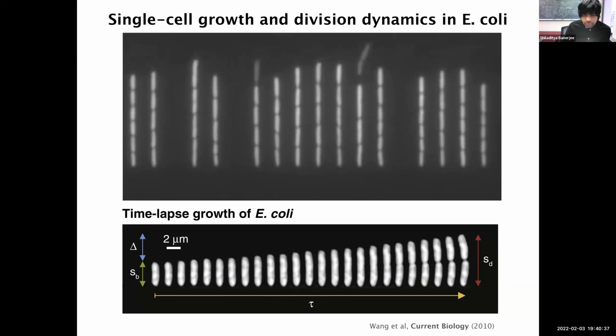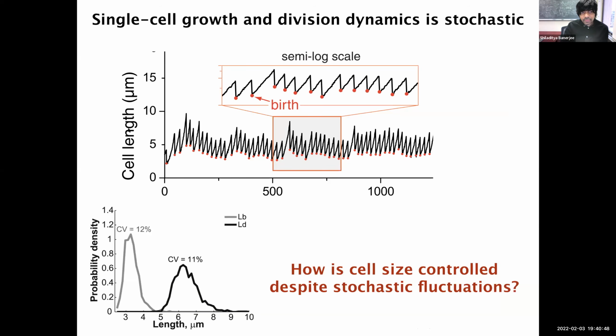Without knowing much about the biology of the system, but just by looking at the dynamics, one important thing is, when you measure the length versus time from these experiments, this is what the trajectory of the system looks like. What I would like you to appreciate is that it is very stochastic. It's not like the cell is doubling in length and then dividing. What I'm showing here is the length curve of one mother cell as you follow it through generations.